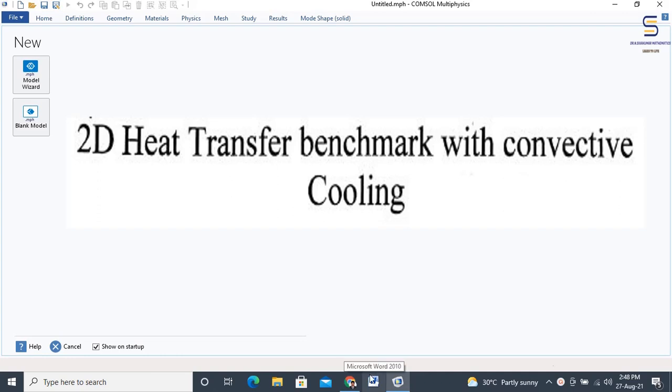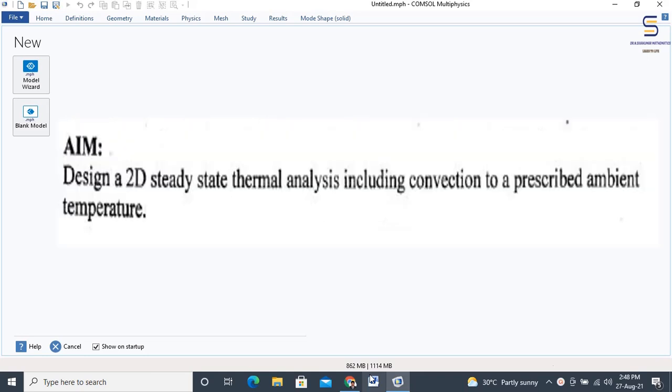Hello everyone. We are going to begin the simulation of the third of an important experiment, which is the 2D heat transfer benchmark with convective cooling. Actually, this is a 2D model, but the result will be in 3D. What we are going to do is that a steady state thermal analysis is being included with a convective heating with a